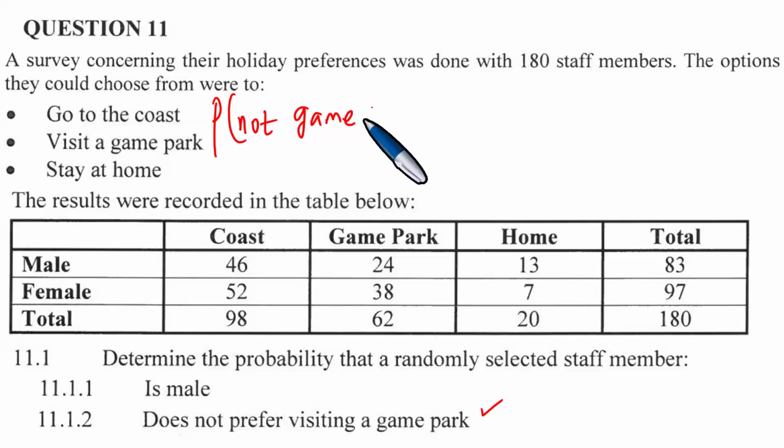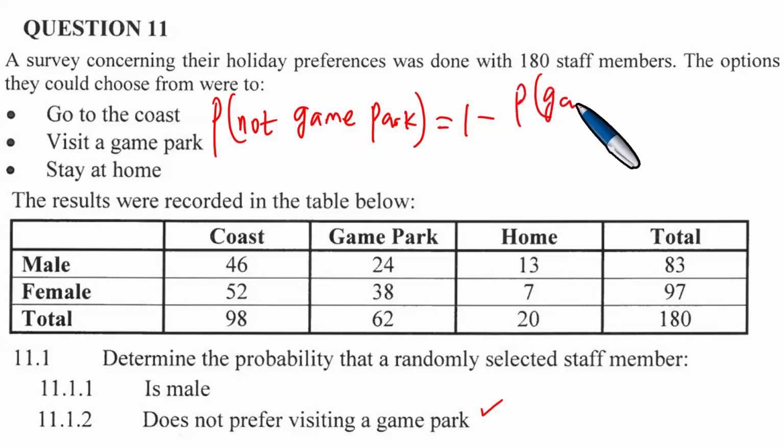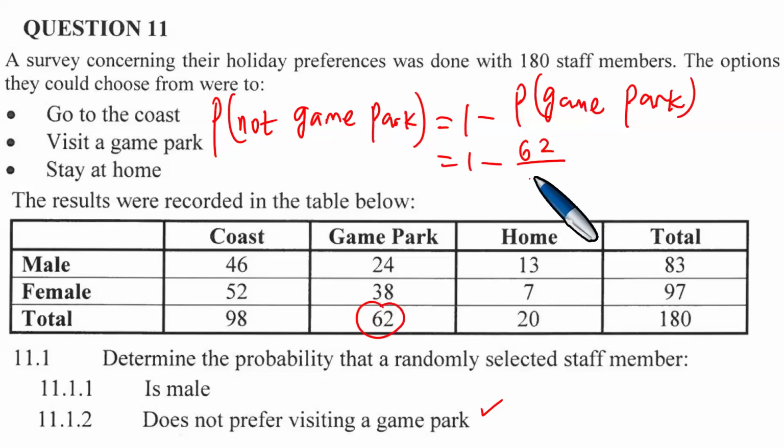The probability of not game park is going to be 1 minus the probability of game park. What is the probability of this? The probability of game park is exactly 62 divided by 180. Therefore this will be the same as 180 minus 62, which is exactly 118 divided by 180. Dividing by 2 gives us 59 divided by 90. Using a calculator,